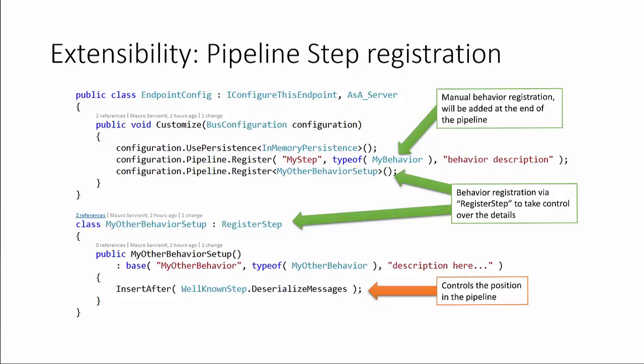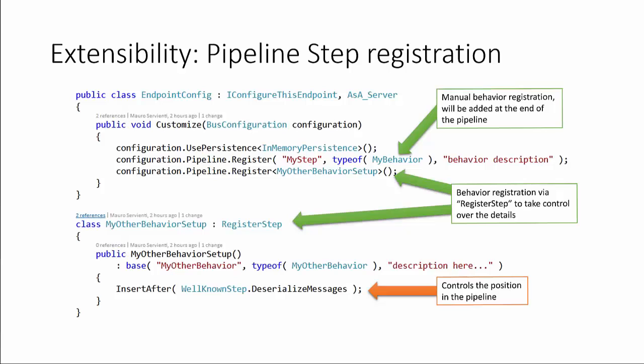If we need to take control over the position where the behavior should be added, we can use a register step. A register step is basically a class that inherits from the built-in register step class that is abstract. And what we should do is just define a public constructor with no parameters. The public constructor should call the base constructor, passing in the same three arguments as the register method before. So the ID of the behavior, the type of the behavior, and an optional description,